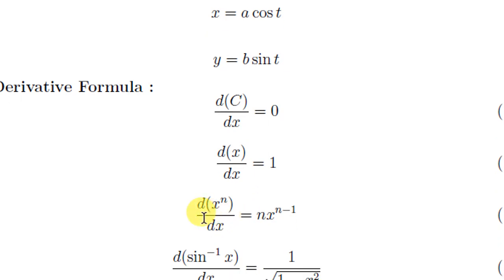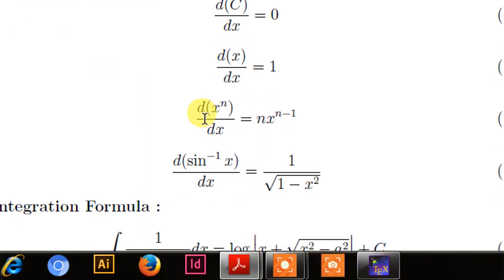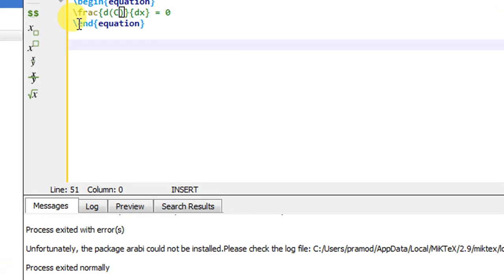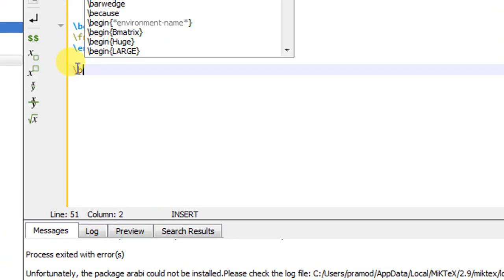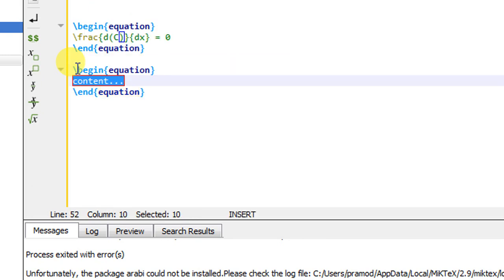d by dx of x to the power n is equals to n into x to the power n minus 1. If you see here, in the numerator we are having d of x to the power n, and in the denominator we are having dx. We require the fraction. So again I will create the begin equation environment, and the environment is produced. Here we require fractions. In the numerator we require d of x to the power n.